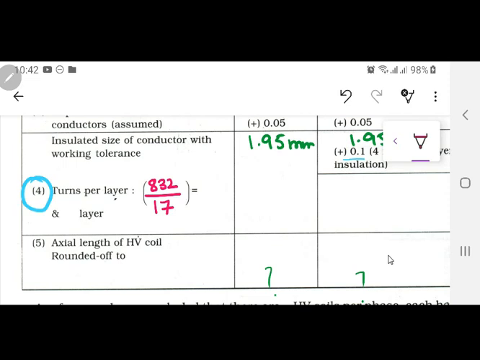Can 16 divide it fully? Please calculate on the calculator without any decimal fractions. 16 can divide it. Okay. So here instead of having 17, I am having 16. So what this actually means is that I have 16 conductors arranged lengthwise over here, and how many will be radial wise?